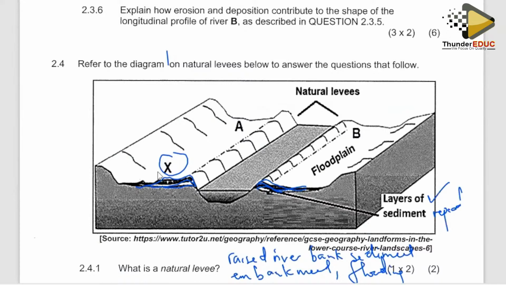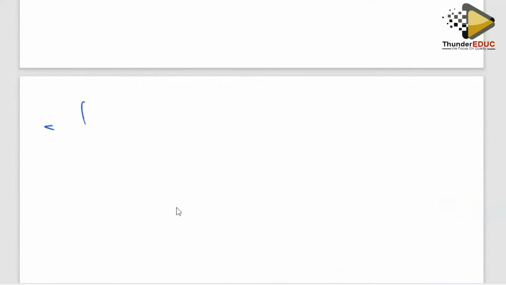So being on a floodplain, we have fertile deposits which can support crop production. We can have successful crop production there because of fertile deposits deposited by floods around area X. So it's a benefit that rural settlements can have successful farming activities. It's good for farming because the soils are